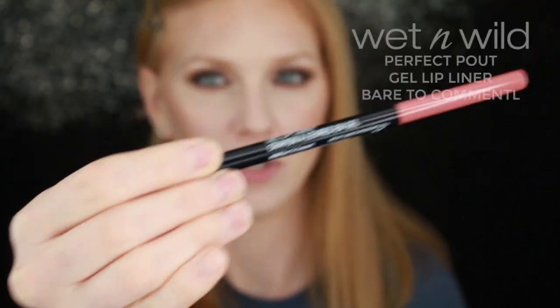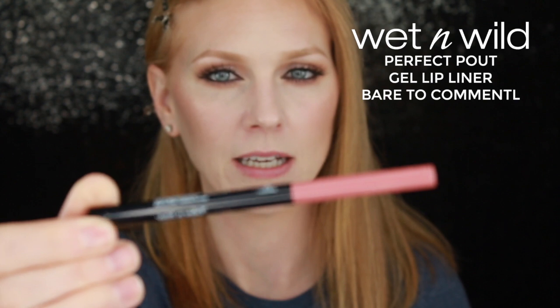I am going to line my lips. I'm gonna try to get juicy today. I'm gonna use this Wet n Wild gel liner in the color